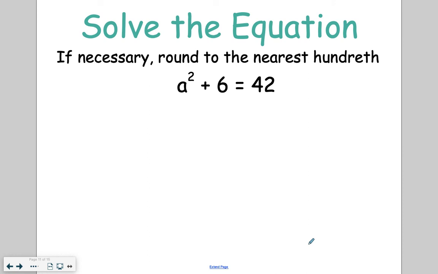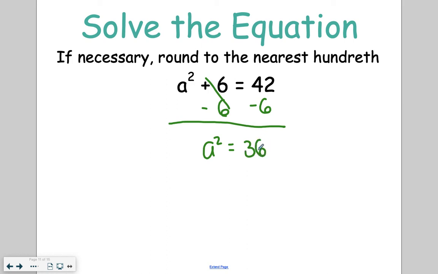The next thing we are going to talk about is solving equations. Again, I mentioned yesterday, square roots are going to be treated like an exponent. So the exponents are going to fall where they normally do in PEMDAS. If we look now when we're solving, we're looking at SAD-MEEP. So this adding and subtracting piece needs to be taken care of first. So I'm going to subtract 6 from both sides of my equation because the subtraction part comes first. And I'm going to get a squared is equal to